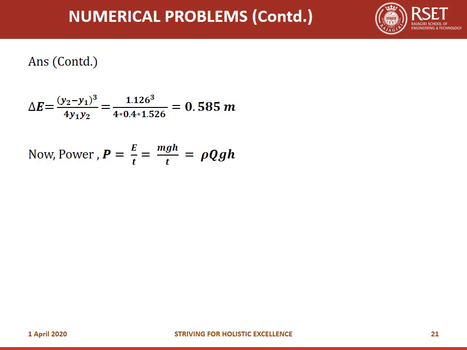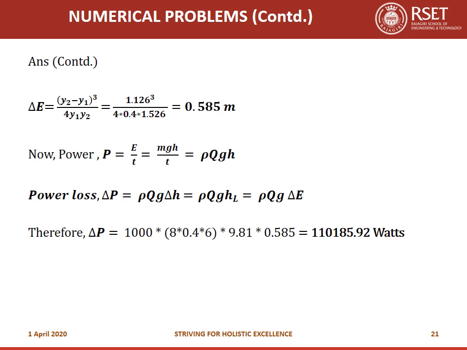Now to calculate the power loss, I know that power is equal to energy by time. That is mgh by time. Mass by time is rho into Q. So power is equal to rho into Q into g into h. Power loss, or delta P, would be rho into Q into g into delta H, or rho into Q into g into head loss. Head loss is the same as energy loss, and so I'll find out delta P as